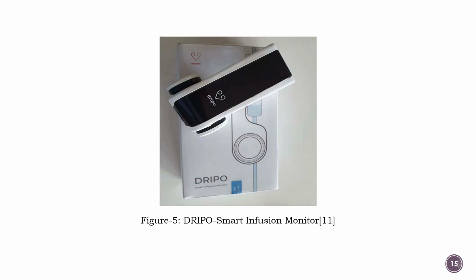and they are providing some features. First, Dripo runs 20 hours on a single charge. Get higher volumetric accuracy with advanced calibration features. Local area RF networks make Dripo more reliable compared to Wi-Fi based devices. Dripo is compatible with most IV sets available in the market. Smooth flow rate display for precise rate setting. Easy intuitive